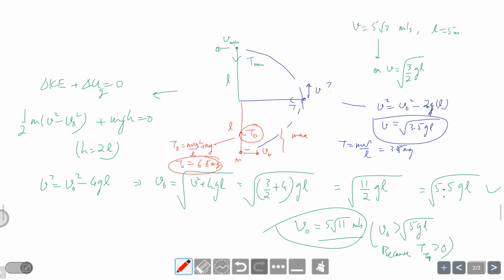We'll see some more numerical examples and types, but basically you have to apply these concepts only. More than that, you have to practice applying two things: dynamics, that is the free body diagram at any point, and from the initial point to that point, how to use work energy. Because you will always get vertical circular motion in a situation where there is no non-conservative force, so you will be able to conserve the mechanical energy. These are the two things you require to solve.